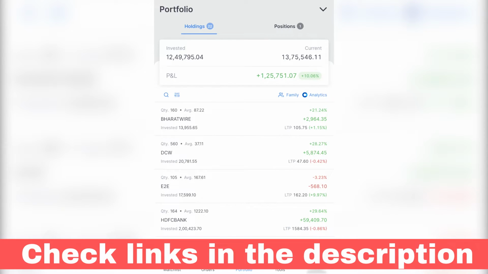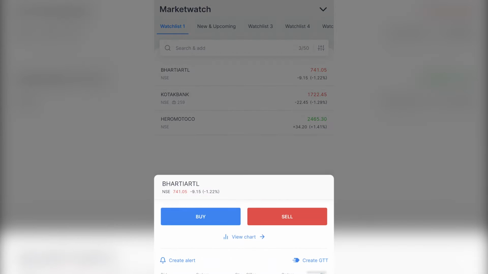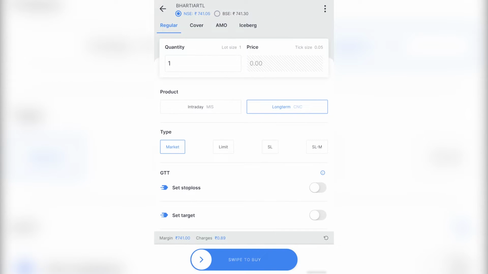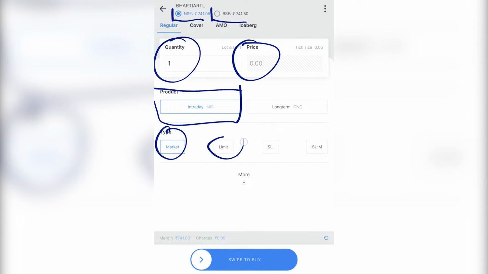So now let's look at how this works in practice. Let me go to my watch list and select any stock. It's basically a random selection right now. I am not asking you to trade. Remember, I will never recommend stocks to you or give you calls to trade. I'm only teaching you features and concepts. Now, whenever you're placing a trade, there is an intraday and a long-term option. When we select intraday, you will see that there is NSE and there is BSE, both exchanges. You could choose any. You can set your quantity here. Price could be either market, or you can set a limit price.